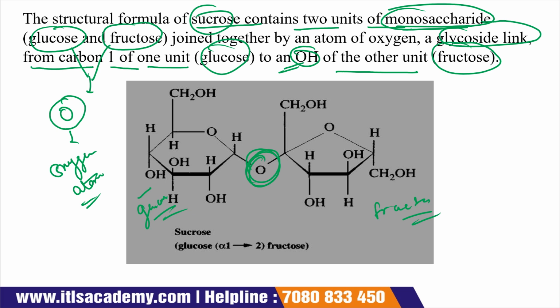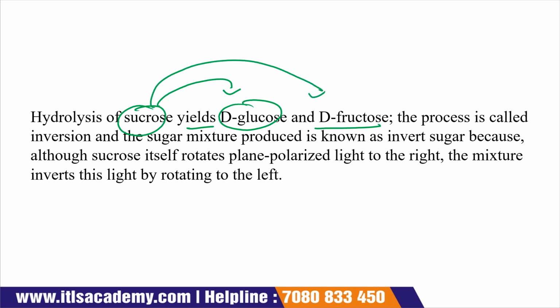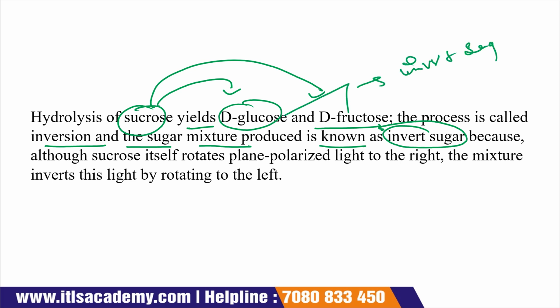Now the next is the hydrolysis of sucrose, which yields D-glucose and D-fructose. Okay, when hydrolysis of sucrose is done, then the two monosaccharides that we get are D-glucose and D-fructose, and this process is called inversion, and the sugar mixture produced is known as invert sugar. Okay, so this is called what? This sugar is called what? This is called invert sugar, and the process is called inversion,